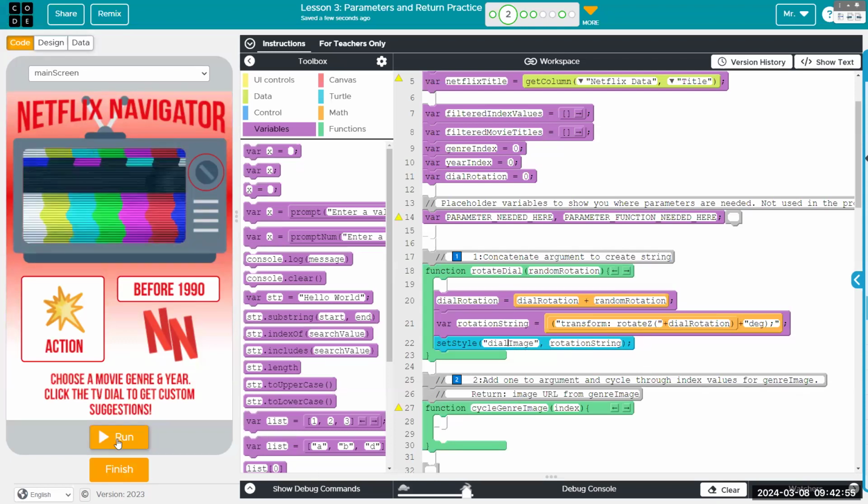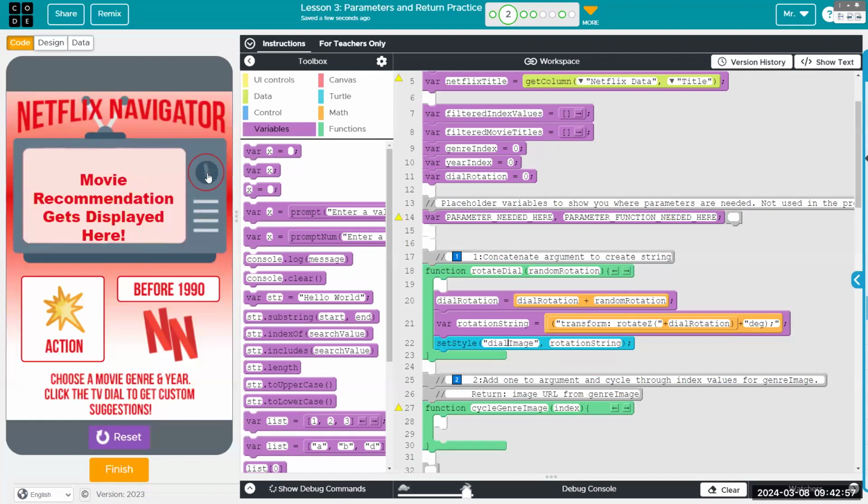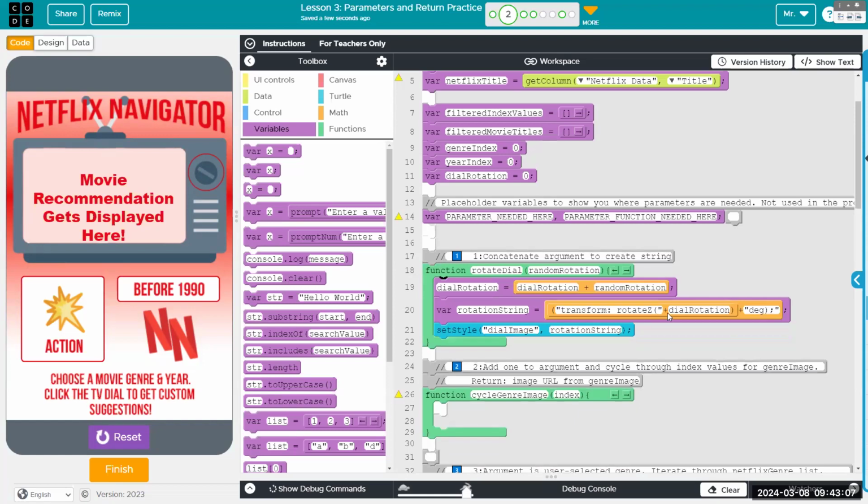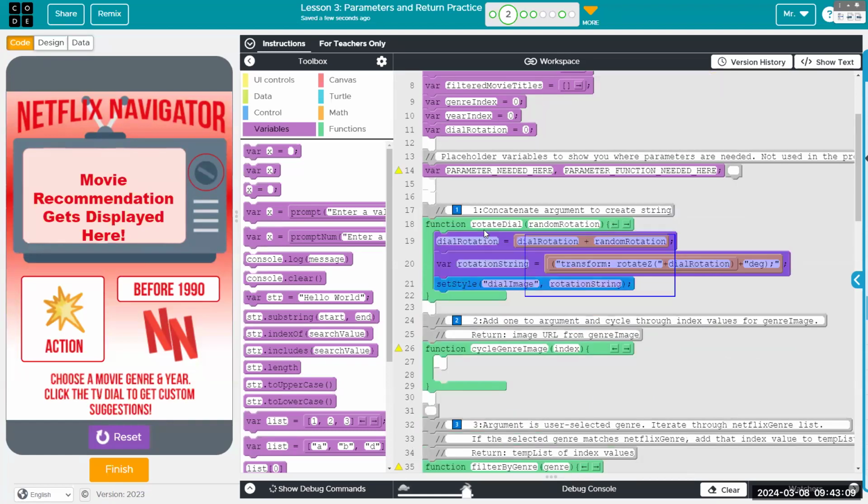Dial image. And when we click on it, there you go. It turns, and that's a thing. There you go. Okay, and I guess I'll be cleaning up code as I go, like the extra white space, just to